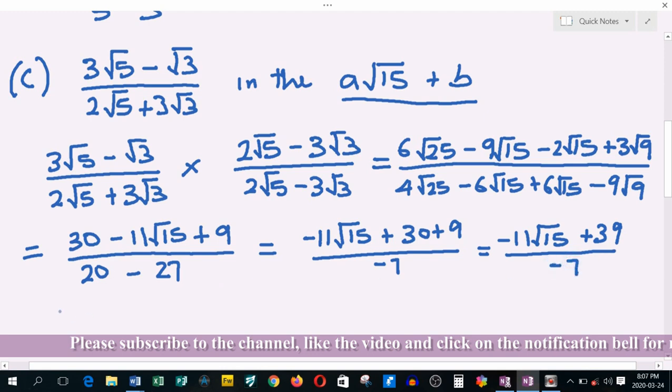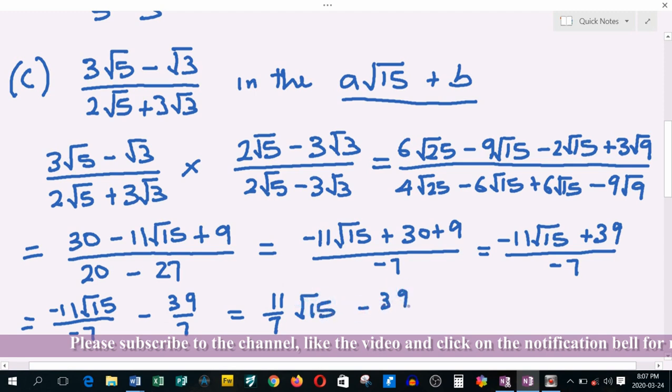Let us break this into partial fractions. We are going to have minus 11 root 15 over minus 7 minus 39 over 7. So this will give us 11 over 7 root 15 minus 39 over 7,